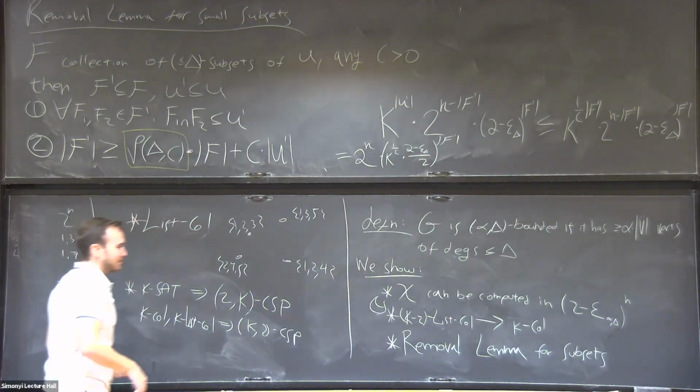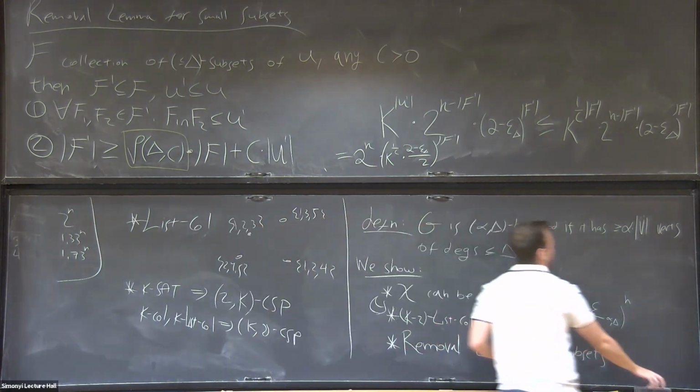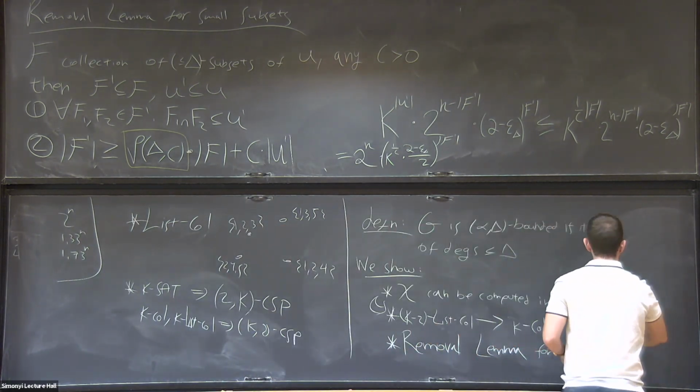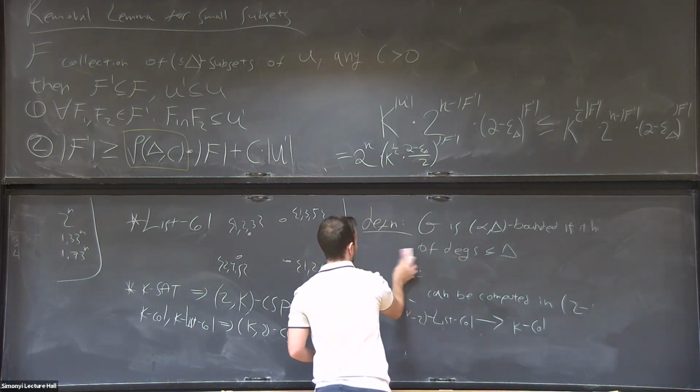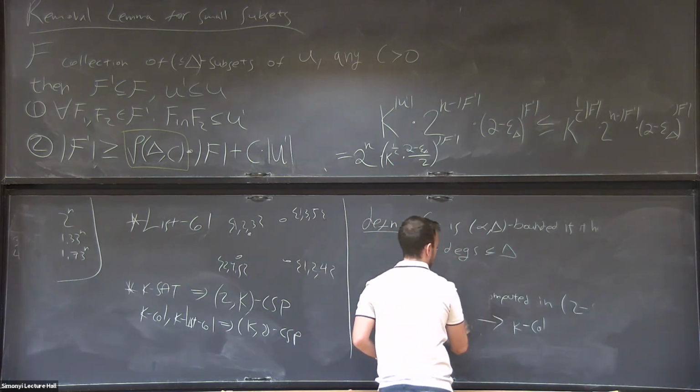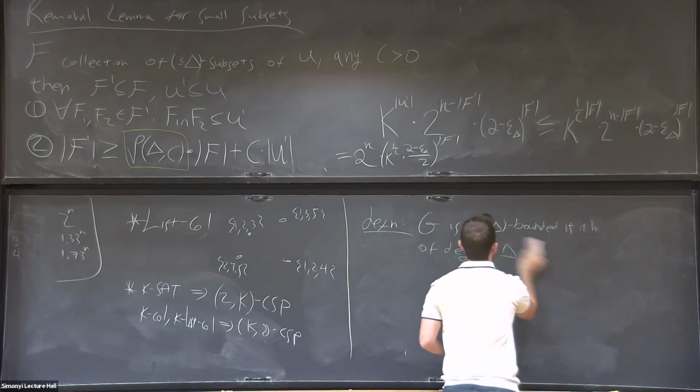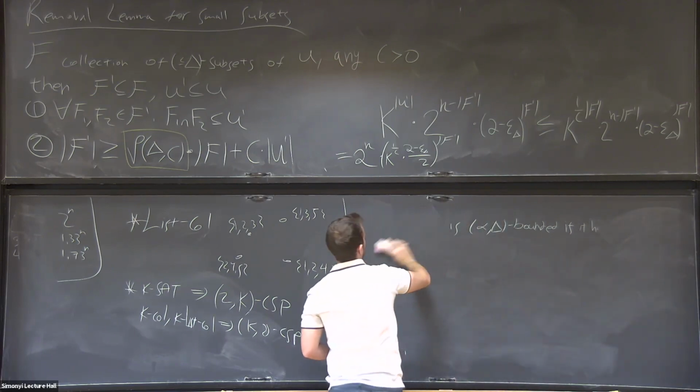Can you first say a few words about the proof of the removal lemma? Like, at least roughly how do you choose U prime or F prime? Which one do you choose first? Okay, so